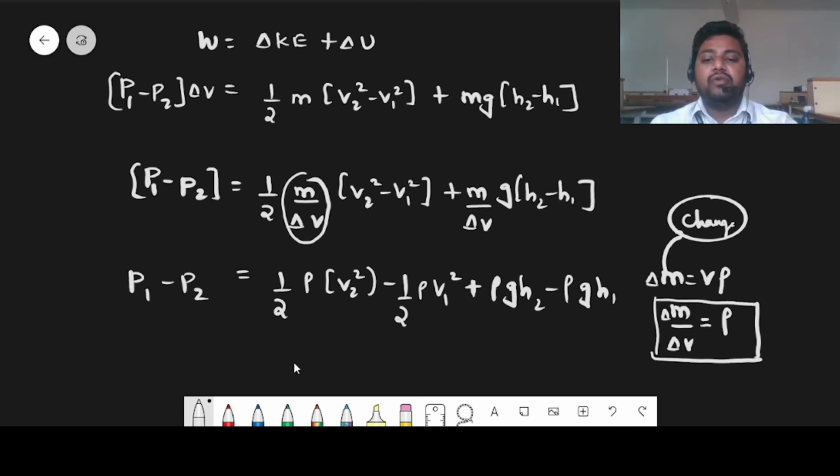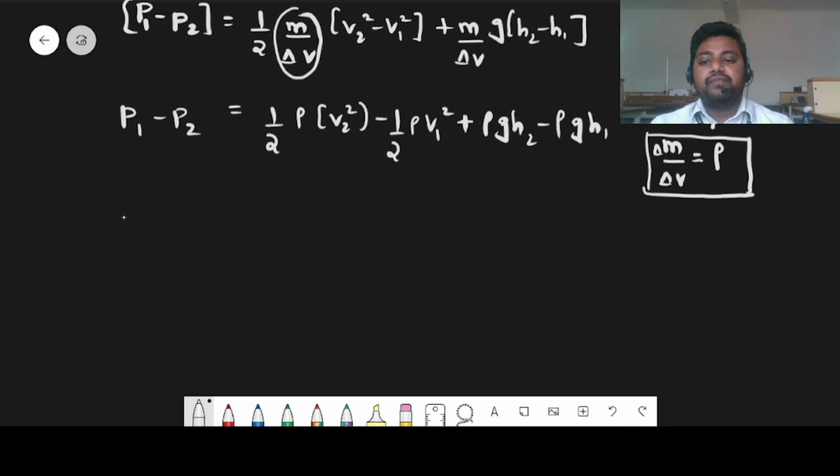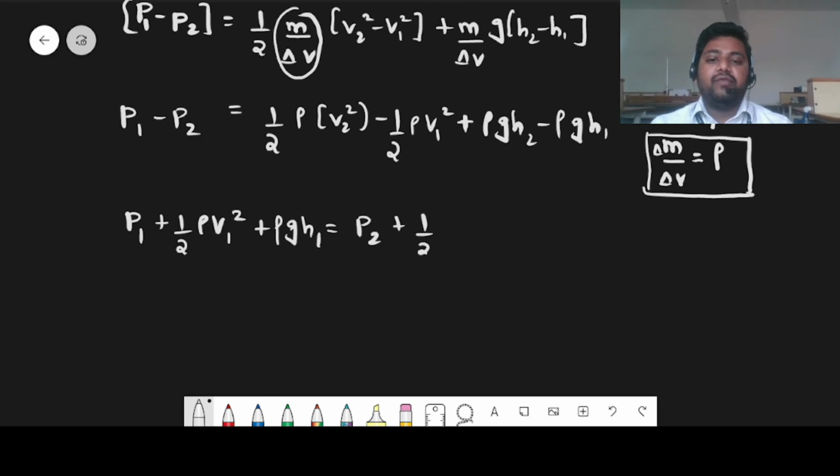Now if you are redistributing this, I am sending all the initial parameters to one side: P1 plus half rho V1 square plus rho g h1 is equal to P2 plus half rho V2 square plus rho g h2. So this is the general formula. This is what concludes that pressure energy per unit volume